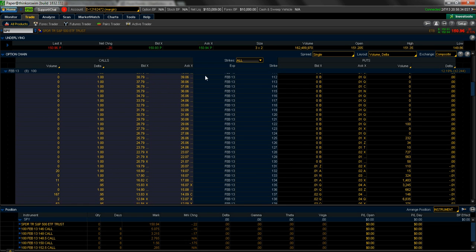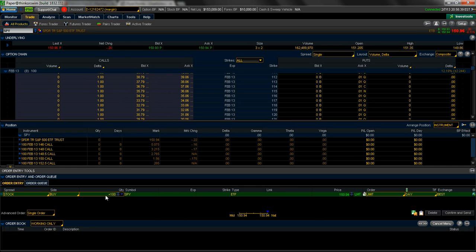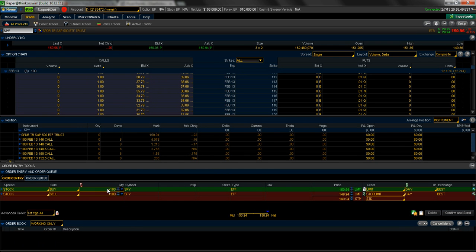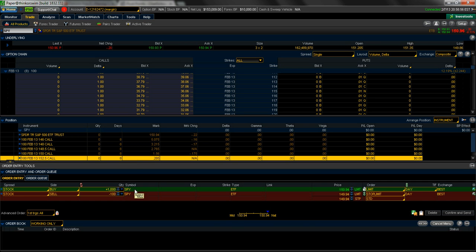Now these are option contracts, but what I'm going to do is just press on the ask price, and this is buying stock. Let's put in 1,000 shares. Shoot, I already messed up. Okay, I'm going to go into the ask, buy custom with a stop limit. So what I'm doing right now is saying I want to buy 1,000 shares of the SPY ETF, and I'm going to put in